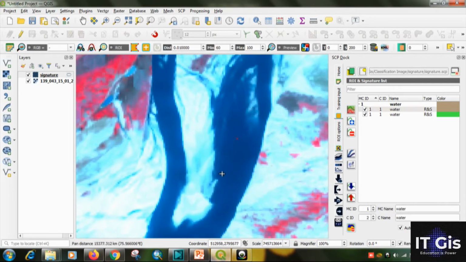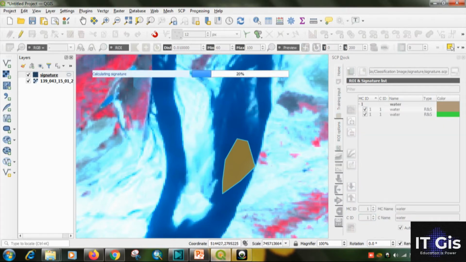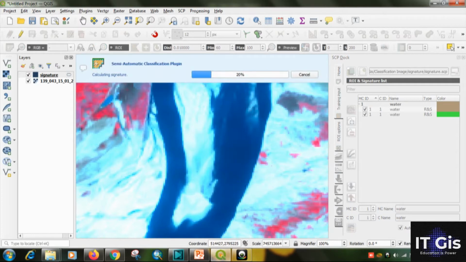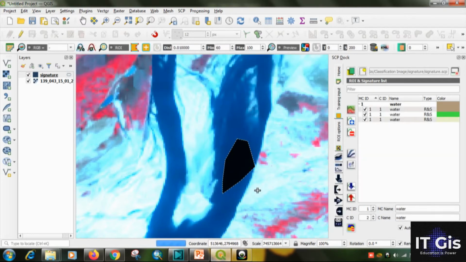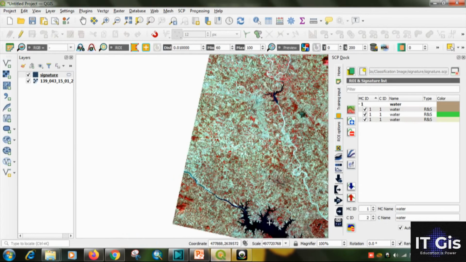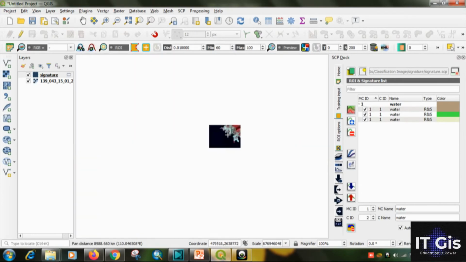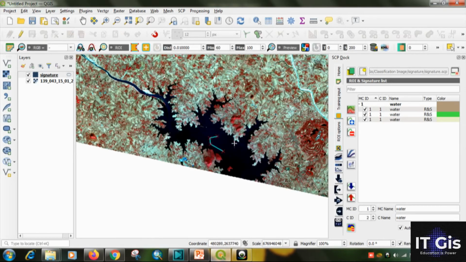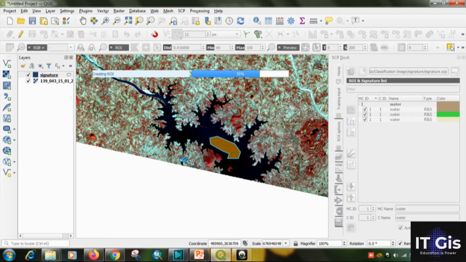Here, right click, give CID as O1, then click on save. We take another one here, then give the CID, then click on save.